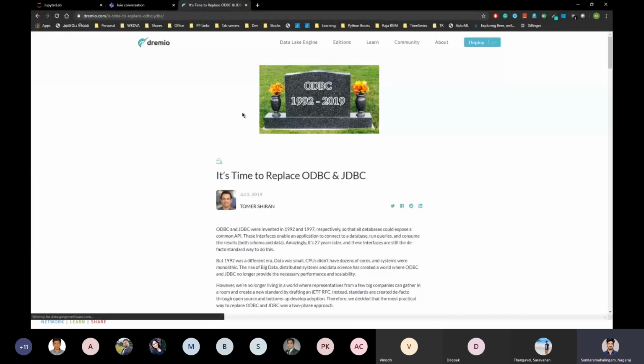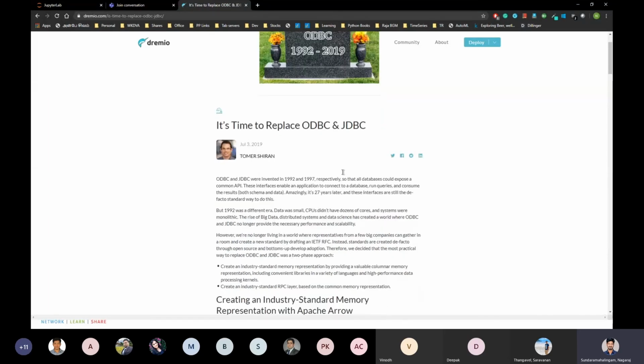Dremio is part of Apache Arrow. So it's time to replace your ODBC and JDBC, because that's your traditional method to read data from an RDBMS. Now we have Apache Arrow.